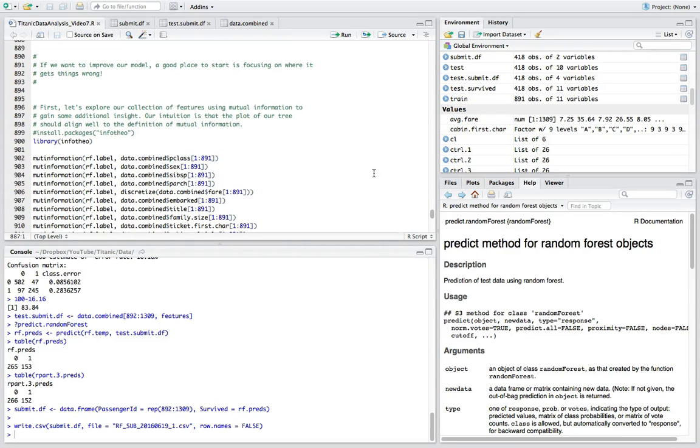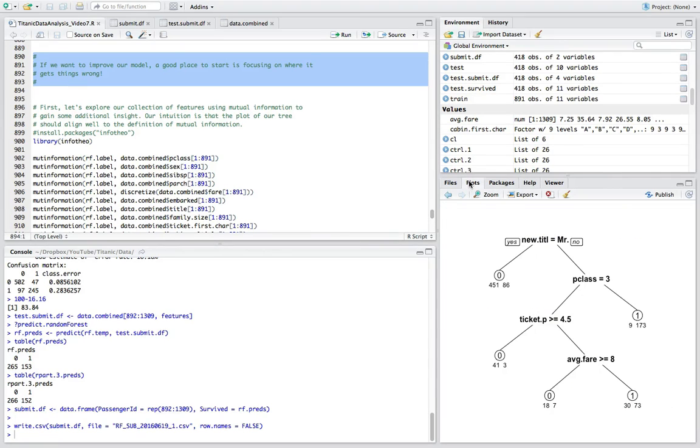Well, a good rule of thumb is to say, look, the best way to improve your model is to start looking at places where it gets things wrong, quite frankly, in the training data, and see if you can actually do some feature analysis or apply some other techniques to say, look, are there ways to improve my model where it's not doing well? And then in our case,